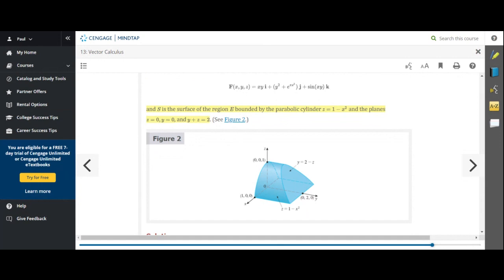The plane y plus z equals 2 cuts that cylinder along that angle there on the right, that plane on the right, and then it's bounded below by the xy plane, and it's bounded on the left by the xz plane. Okay, so if we wanted to compute the flux for this